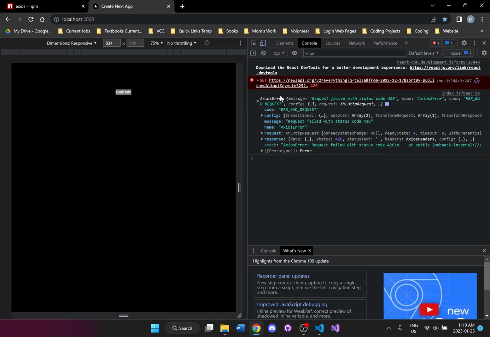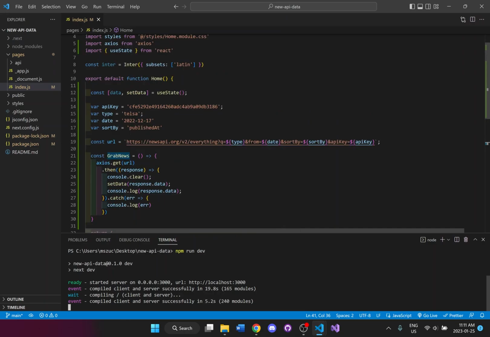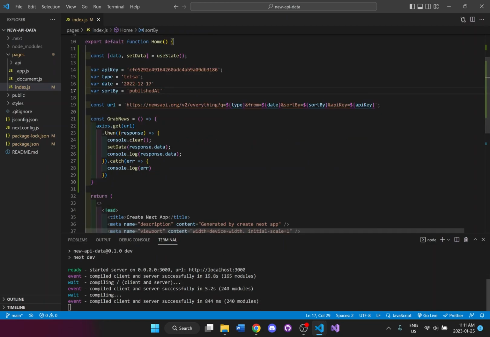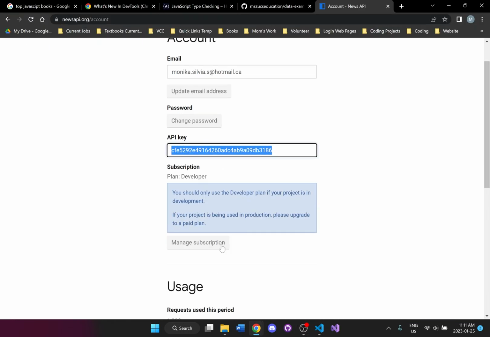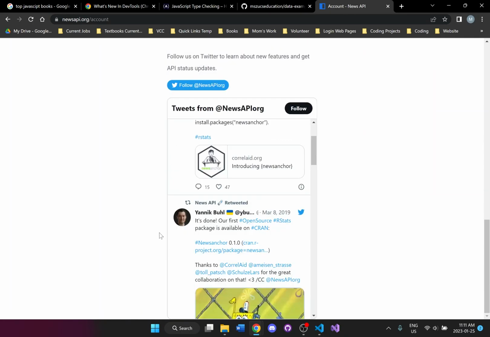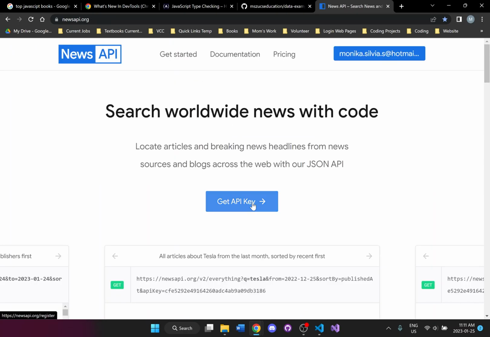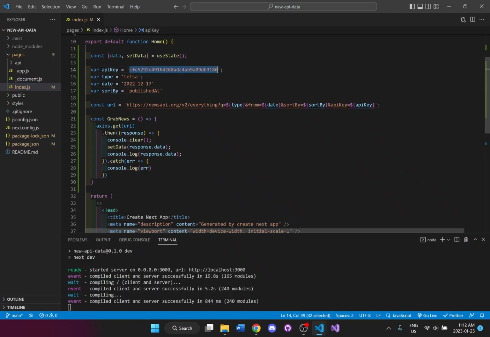We may need to generate another API key. Let's take a look. So what I'll do is I'll probably just generate another API key. I'll see if I could do that. I think it's because I have used that API key before. So let me just take a look here. Get API key. So it looks like it's always the same. I'll try to copy that and replace it in case.